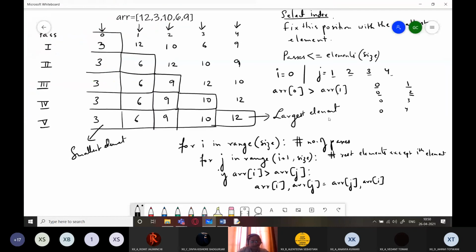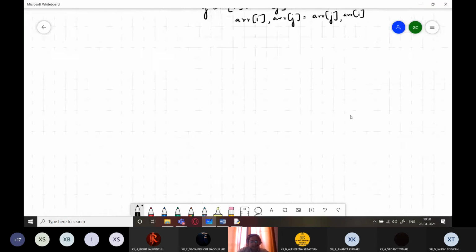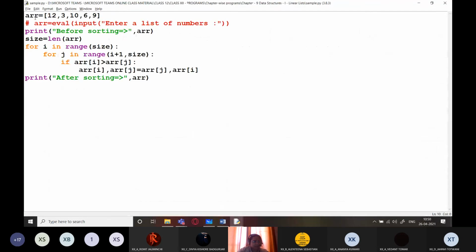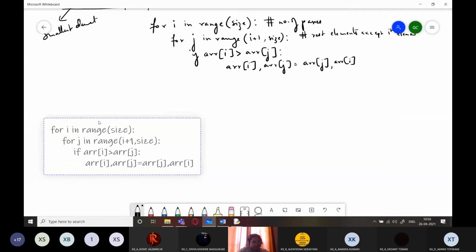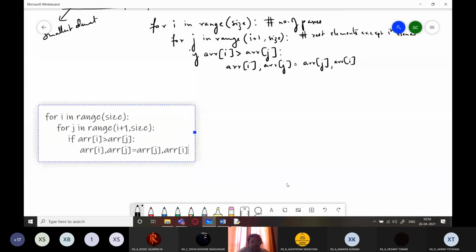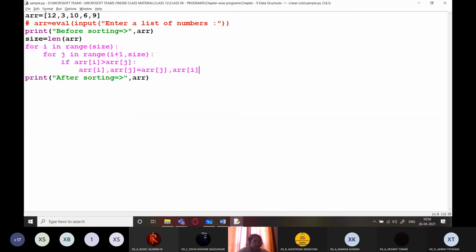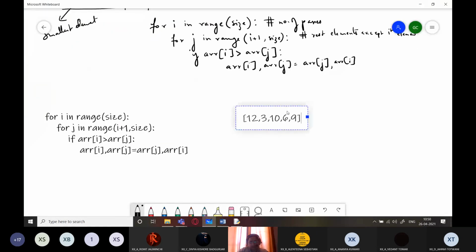Let us do a dry run first, and then we'll see the actual running execution of the program. So I am taking only this part, right? I have only this part over here, and my array is also this. This is my array.